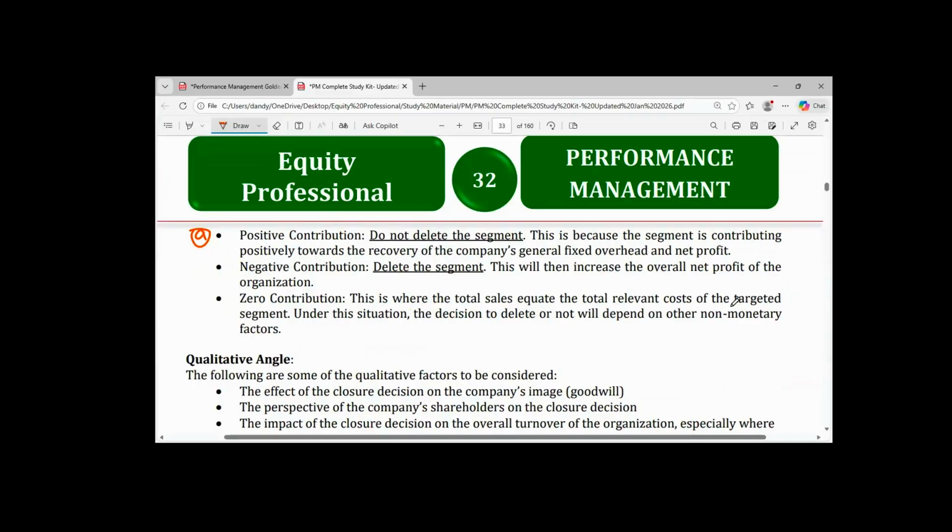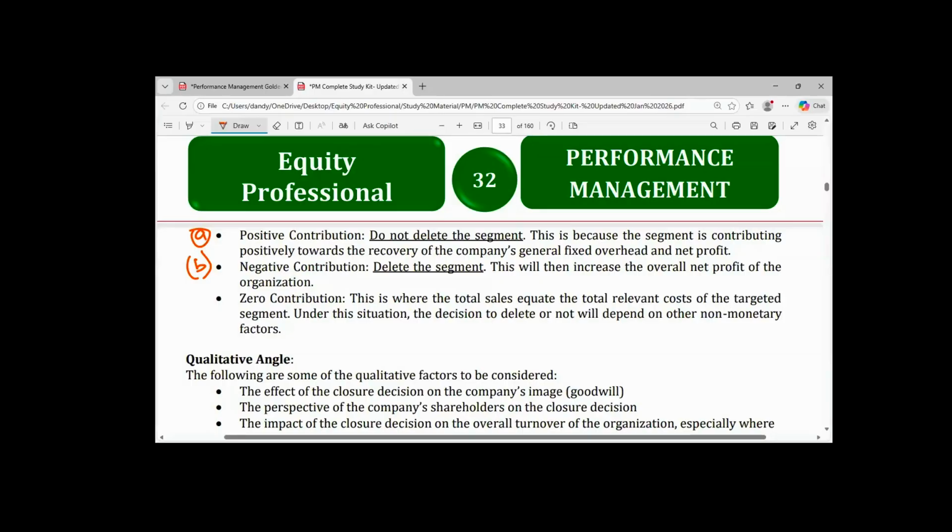So if the product or the segment is contributing positively, your advice should be that the company should not delete the segment, because they are contributing positively to recover the fixed overhead that has been incurred as well as the net profit. But if the segment is producing negative contribution, then your advice should be that the segment